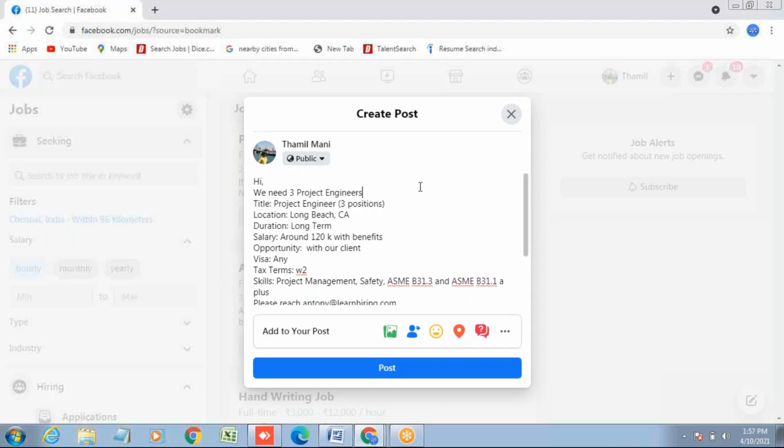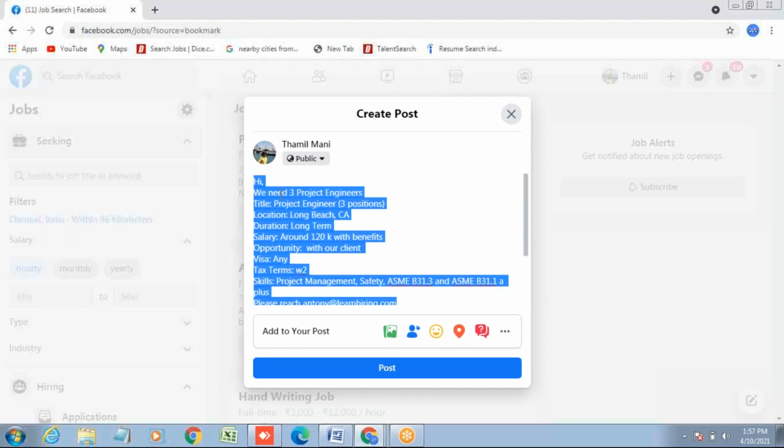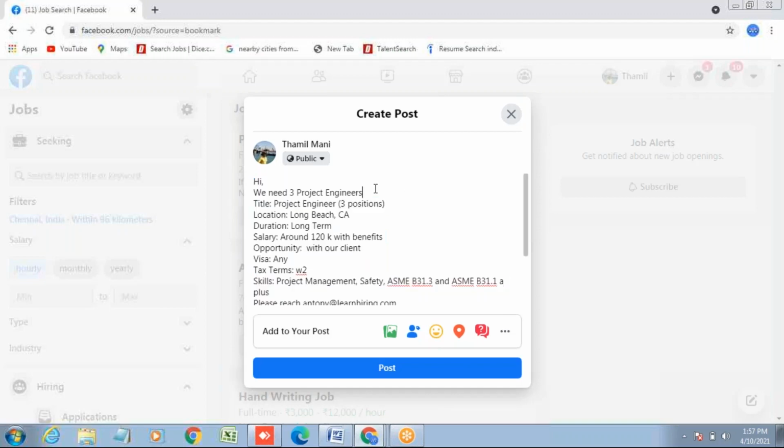And copy the entire thing and click post. So this post will reach many people, and if they're interested, they will submit their resume. You can do one more thing: we need 3 project engineers. Please share your resume along with contact details.